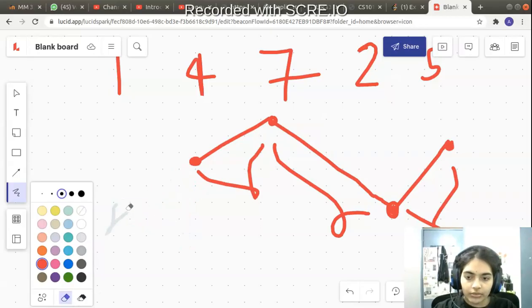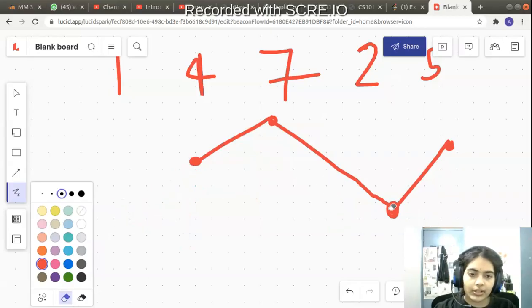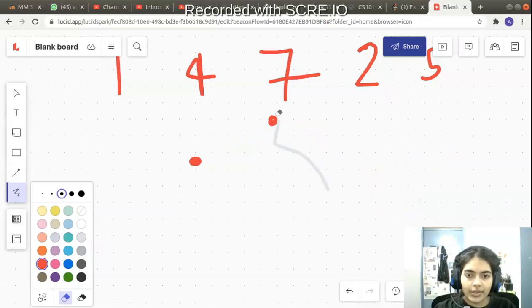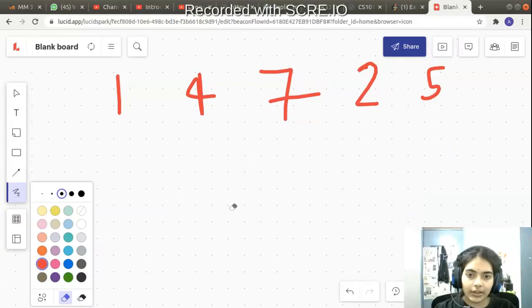So what happens? Maybe you delete the first node. Then you see you have a Wiggle subsequence. Increase one, increase one, alternate increasing, decreasing number. So then this is a Wiggle subsequence. So the maximum Wiggle subsequence that you can get, you can either delete 4 or you can delete 1. If you delete 4, you get 1 7 2 5. It's a Wiggle subsequence. Or you can even delete 1, you get 4 7 2 5. That's a Wiggle subsequence, right?